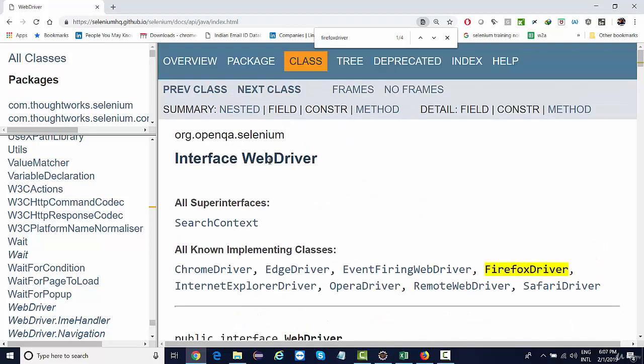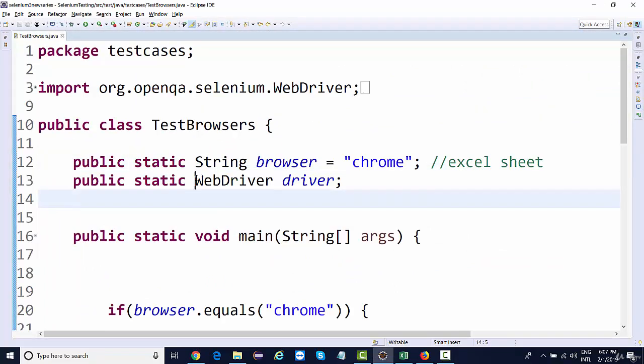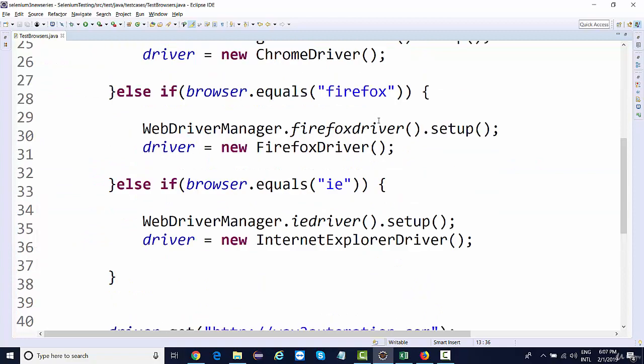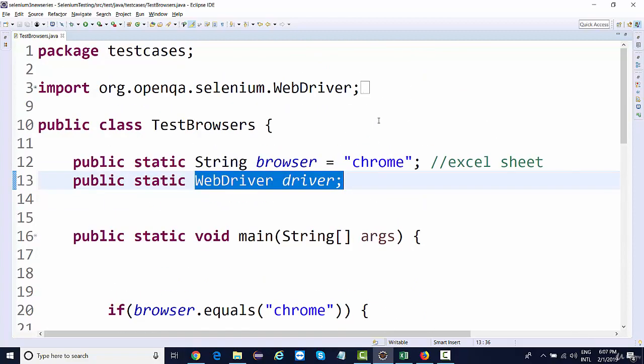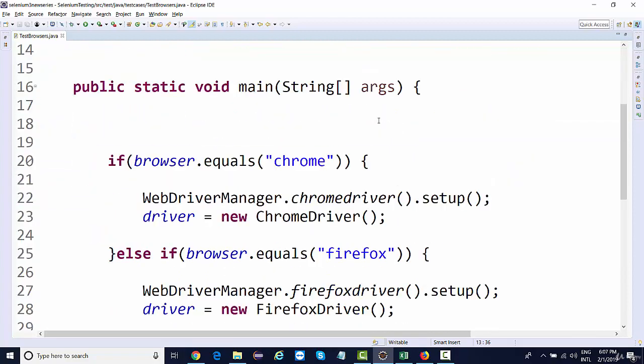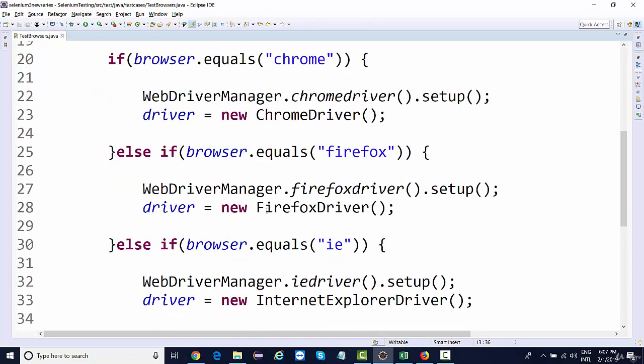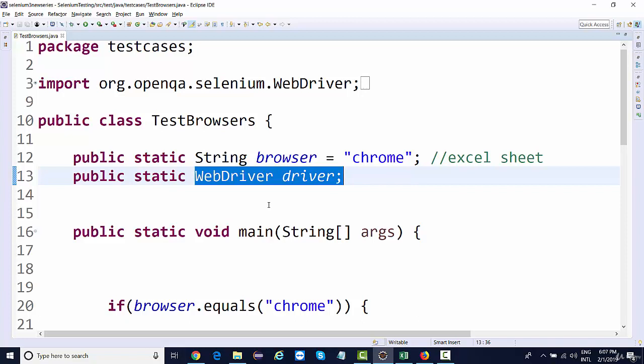In that case, you will be using this WebDriver interface. Right, so this is very important. Normally we'll be doing it directly, WebDriver driver equal to new Chrome driver or new Firefox driver. But in case you want to switch in between the browsers, this is one of the ways that you will be following.